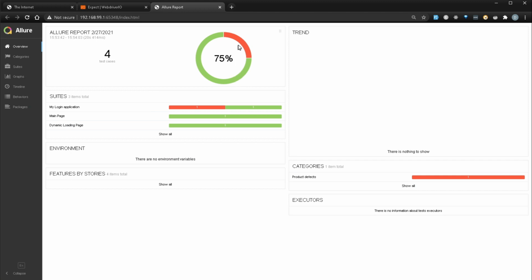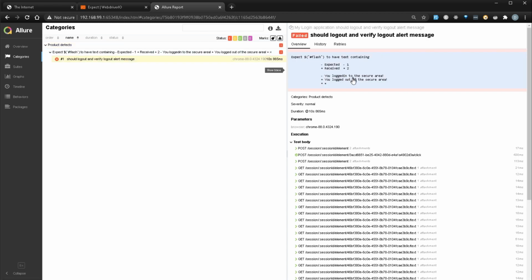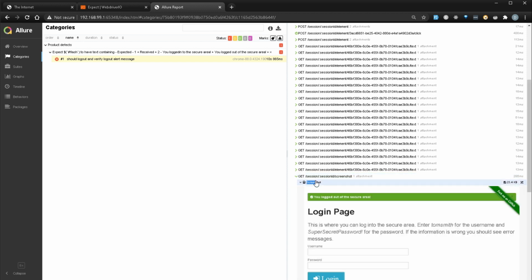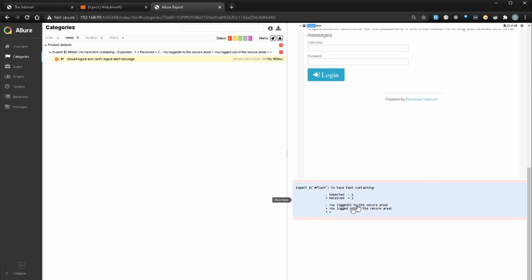All right, so this time we can see our failed test, which is one over here. And we can see out of 4 test cases, 75% passed, 1 failed. And the failed test is actually showing up here. If I click on that, you can see that this is the failed test. And over here, we can see the text that we were trying to expect, which is you logged into the secure area versus you logged out of the secure area. And if I scroll all the way down, you can see we have this call to the screenshot. If I click on the screenshot, I can see the exact screenshot of what happened during the time when we ran the test and it failed. And clearly our text says you logged out of the secure area, which is what we're expecting over here as well.